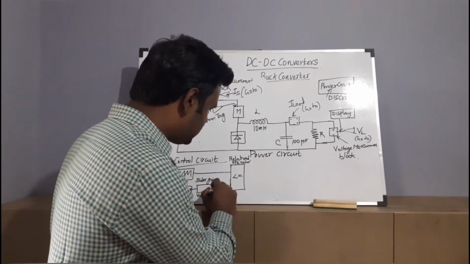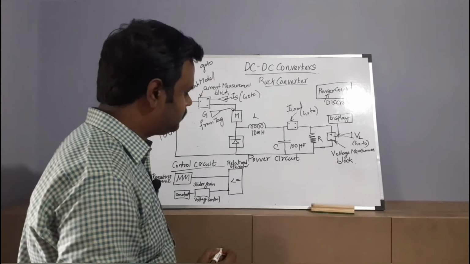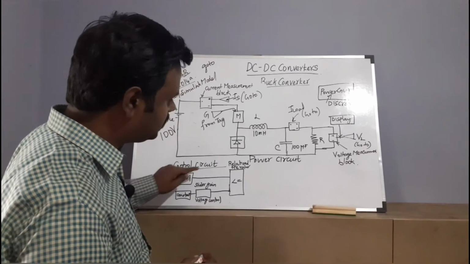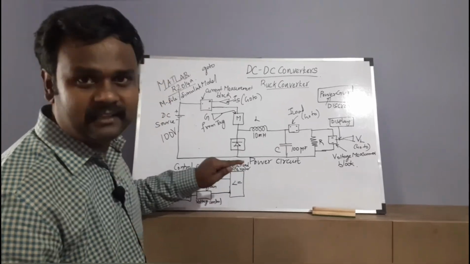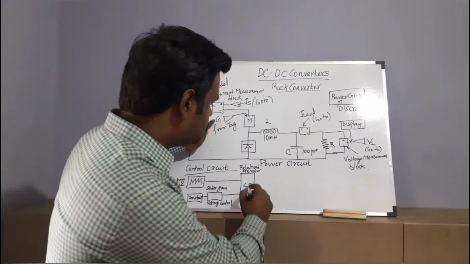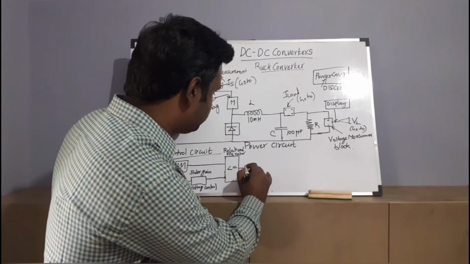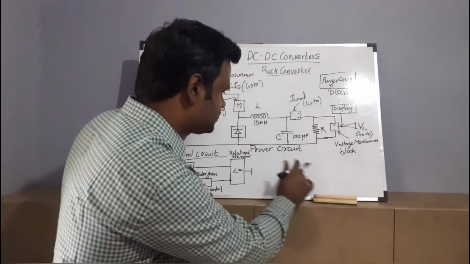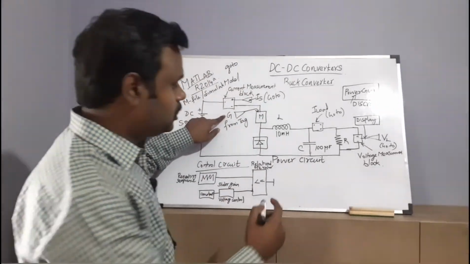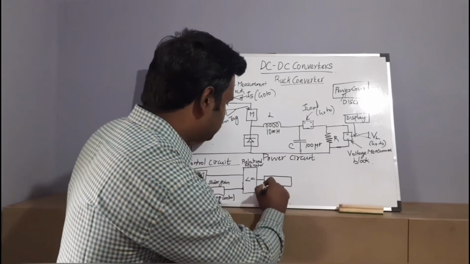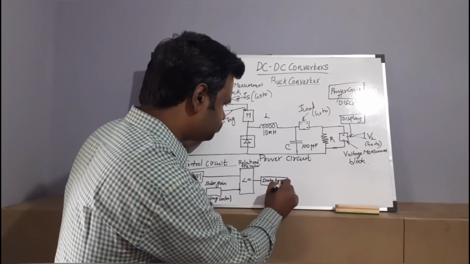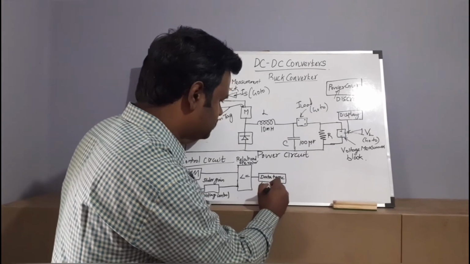This slider gain has to be connected to the relational operator, because these two things have to be compared, and based on that only the PWM wave will be generated, and that generated PWM wave should be given to this gate. So this will be compared and we will get the PWM pulse, but this has to be given in the format of the MOSFET requirement. So we have to use the data type conversion block. It is also available in the library.